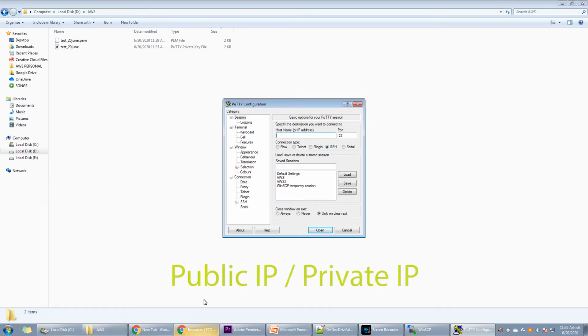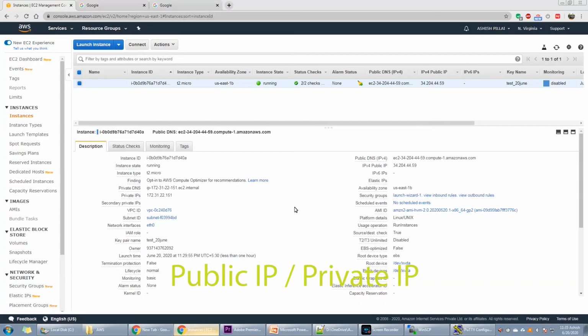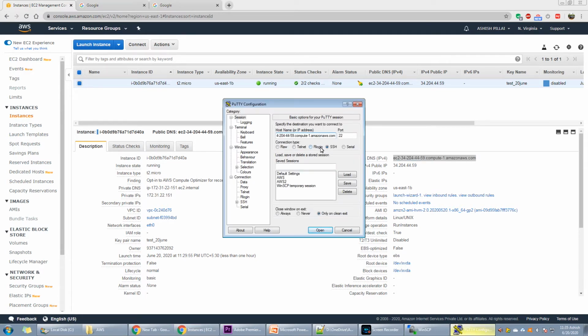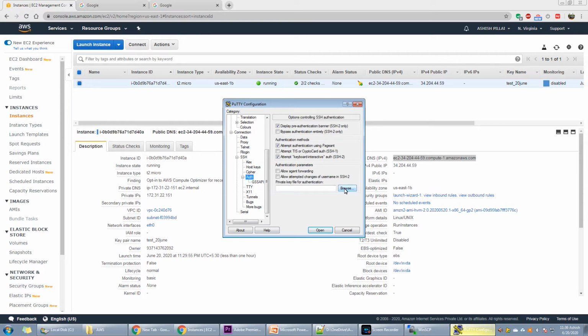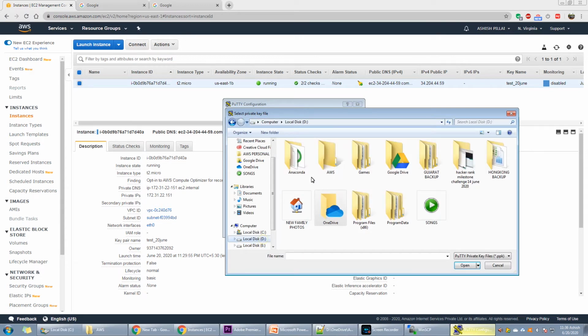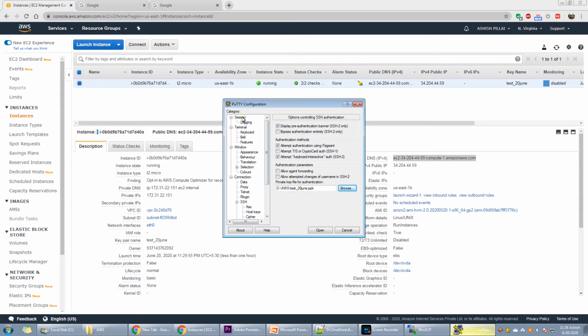Copy the public DNS. In PuTTY, you have to select the private key. Under SSH, inside auth, browse the ppk file. Click on open.